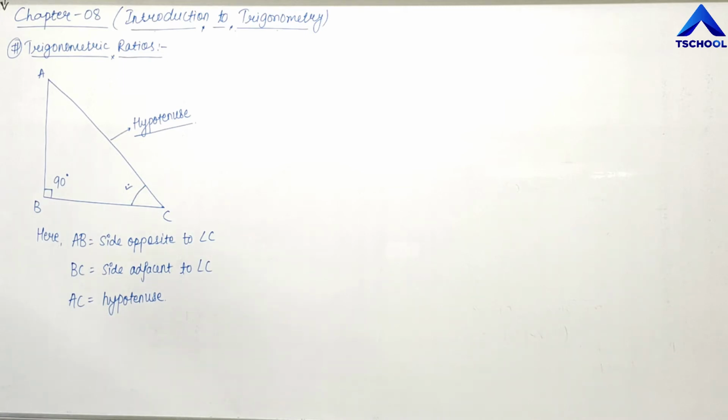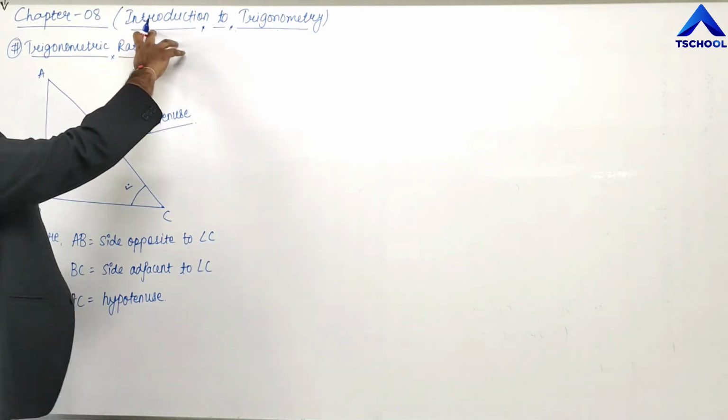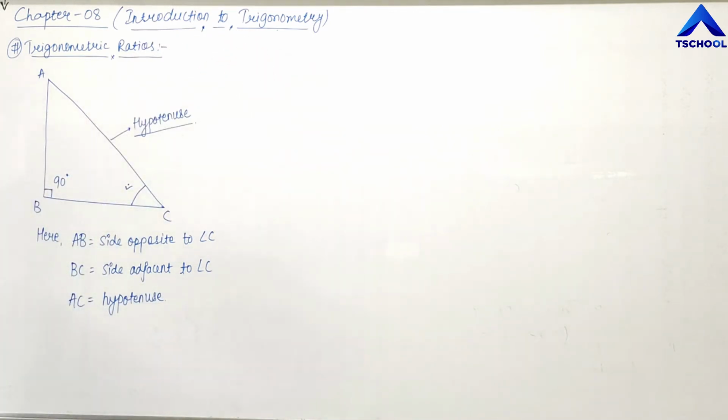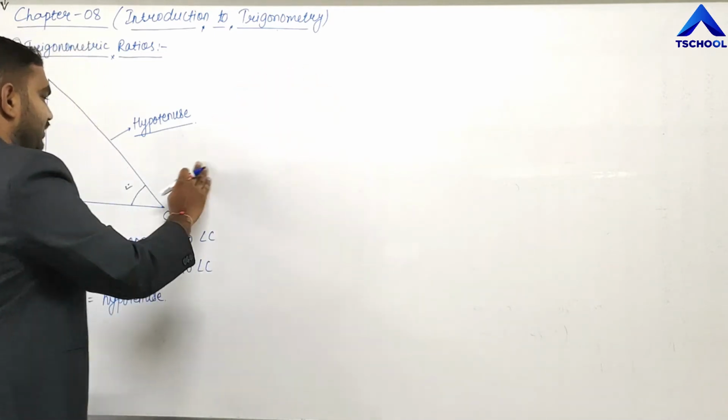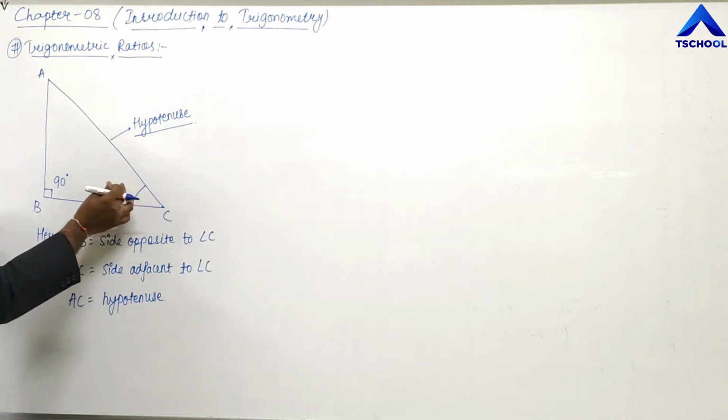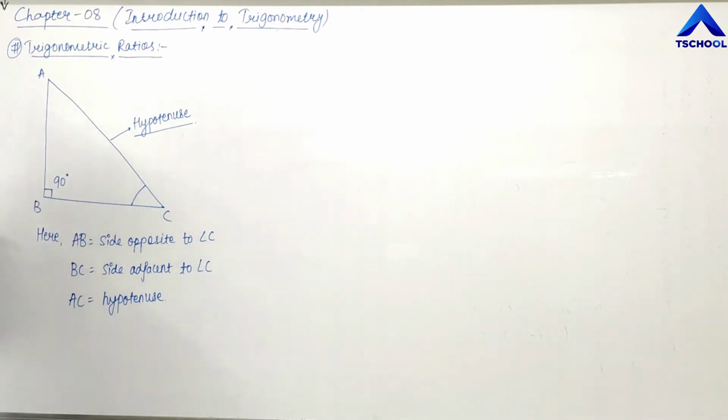Now coming to the ratios, friends. There are 6 different ratios that we use here for the angles, either of A or of C. So first of all, if we are taking angle C, then we will get 6 different ratios, and that comes to us as